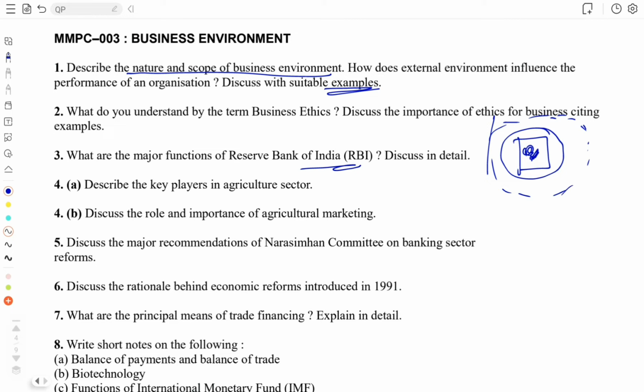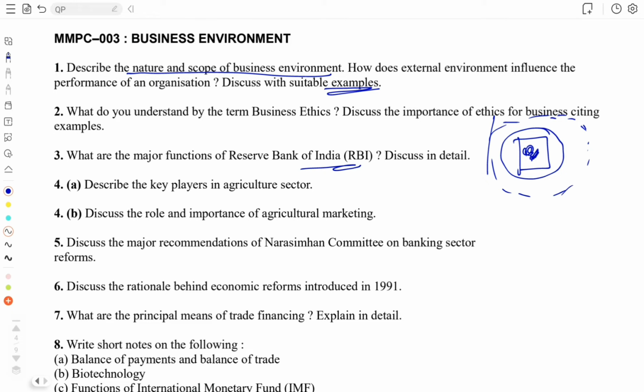Some of the major functions of our RBI include: it is the note issuing authority, it is the banker to the banks, it is the government's banker as well as debt manager, it is the banking sector regulator, it is the foreign exchange manager, it is the authority responsible for maintaining the financial stability of our nation, right? It has a developmental role, therefore, and it acts as a regulator of the monetary policy as well. So those are some of the things you can write about RBI.